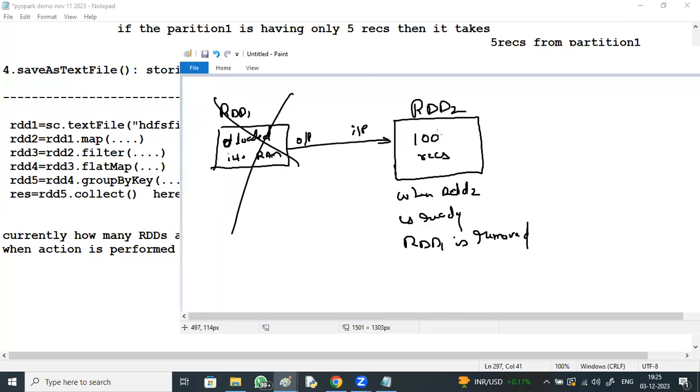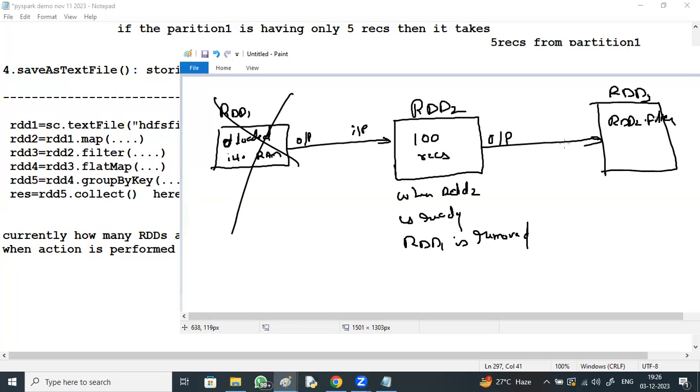On RDD2, you perform some filter operation. RDD2 dot filter. You got RDD3.